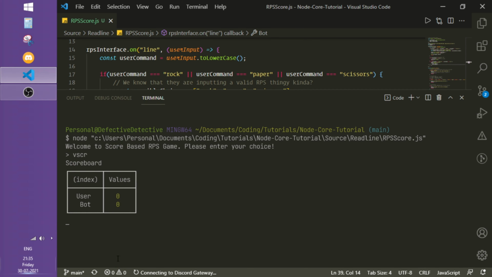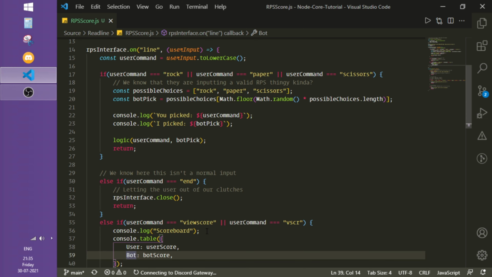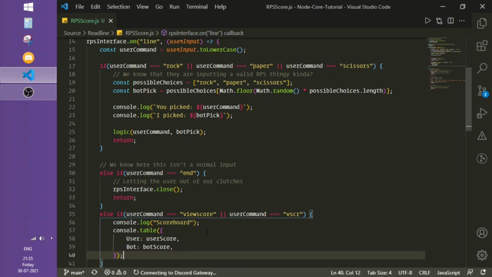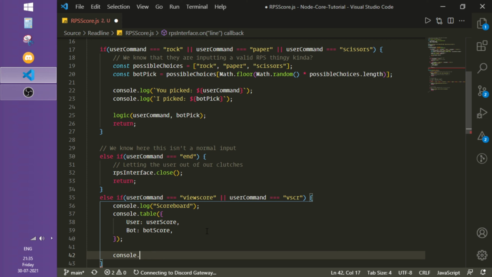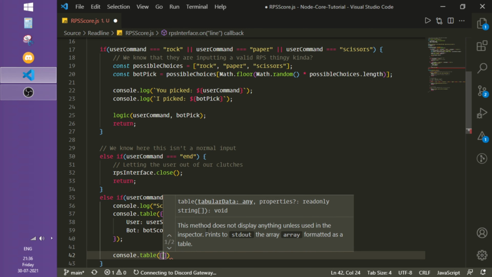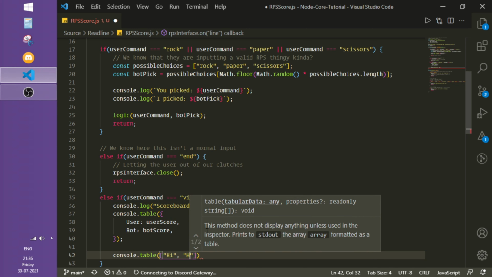Like, yeah, if you're wondering what is this, console.table, where did this come from, basically this is a built-in method of console. We normally use console.log, but if you're on a browser, then this helps a lot. And you can log out tables. So if I have console.table, well, hi and hello,